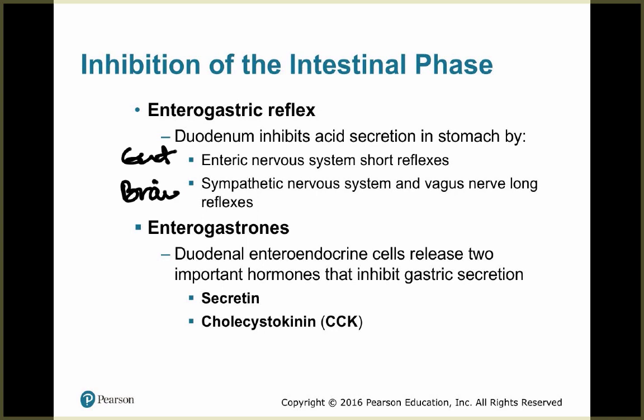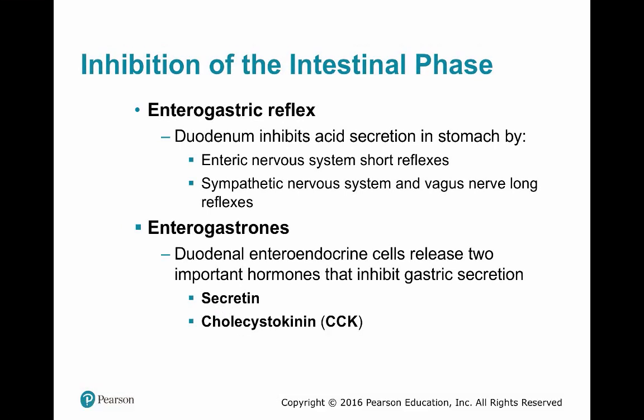And it also works with the duodenal enteroendocrine cells, which release two important hormones that inhibit gastric secretion, and that's secretin and CCK, or cholecystokinin. So let's see what both of these do. Just to let you know,